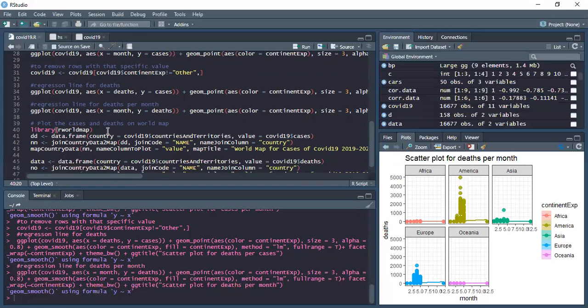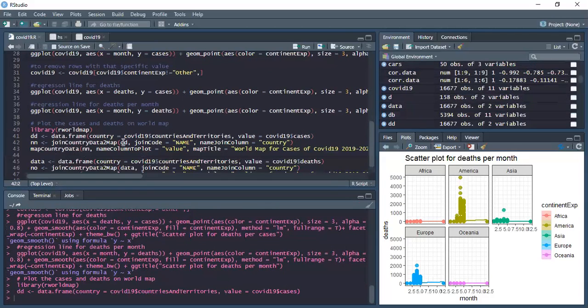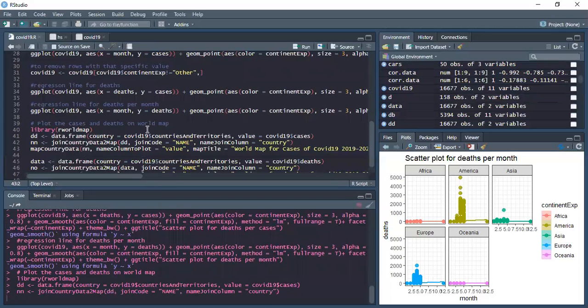So we are including the library rworldmap. After that, we are going to create a data frame with country. We're going to give the countries which we have included to the country column for plotting on the world map, with the value being cases. After that, we are going to join country data to the map with the join code name and join column country as we included in the earlier data frame.